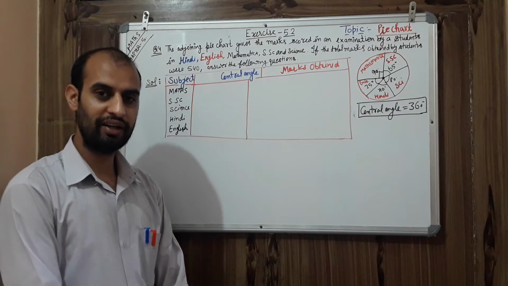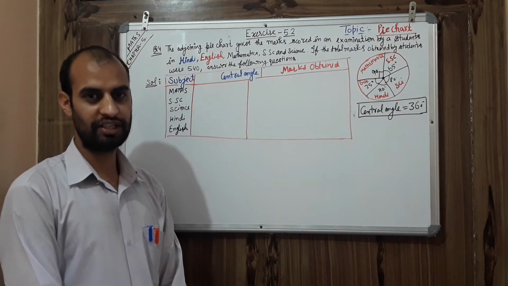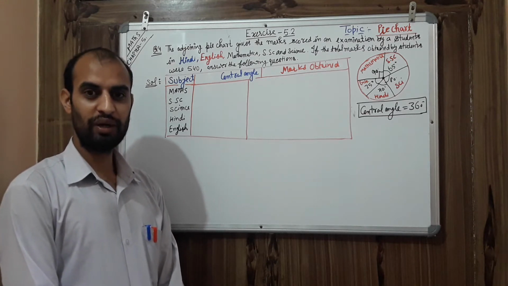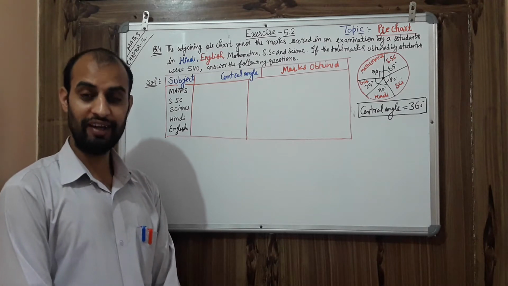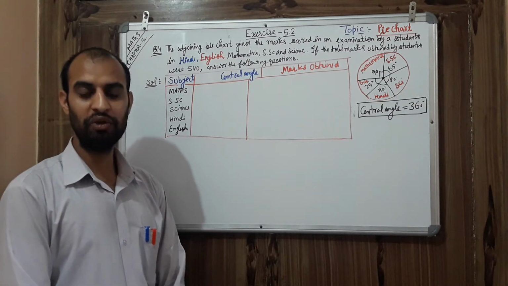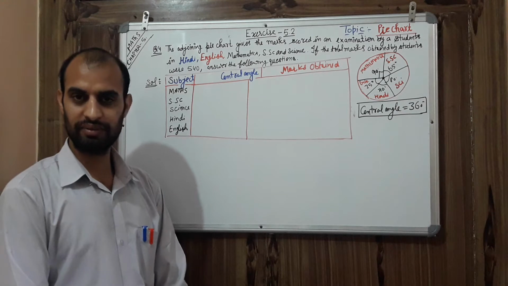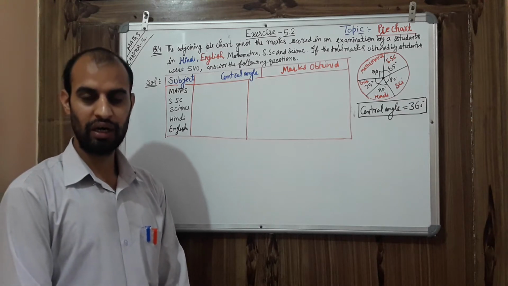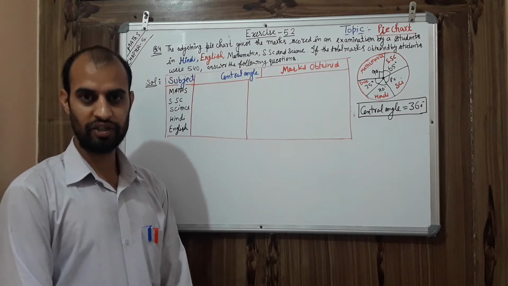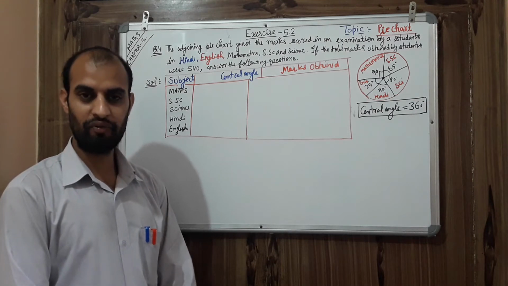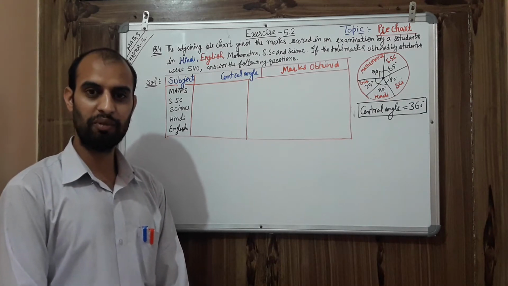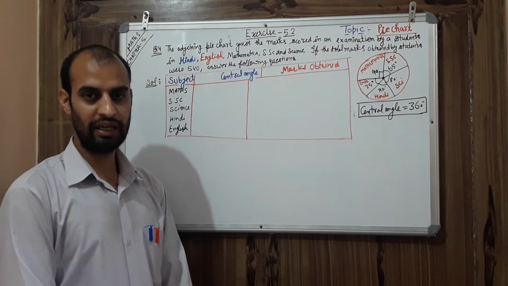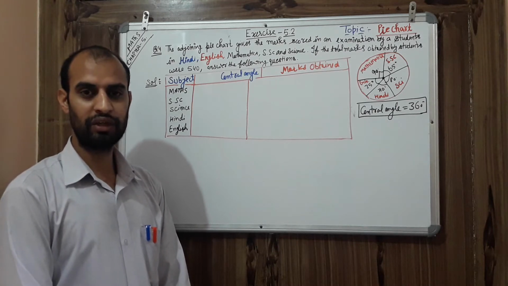As you all know, we are in data handling and we are dealing with pie charts. Today I am going to tell you one more category related to pie charts, when the central angle is given to you and you need to find out the data. Earlier we studied how to convert given data into a pie chart. Now it is the opposite case: when the pie chart is given to us in the form of central angles, how can we find the total data?